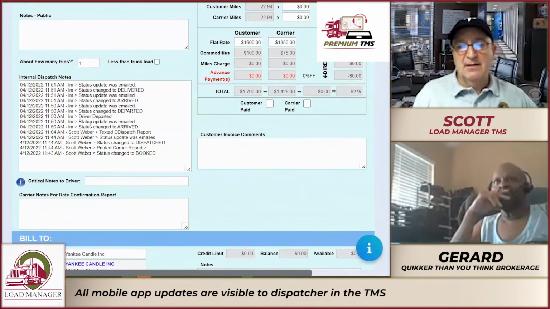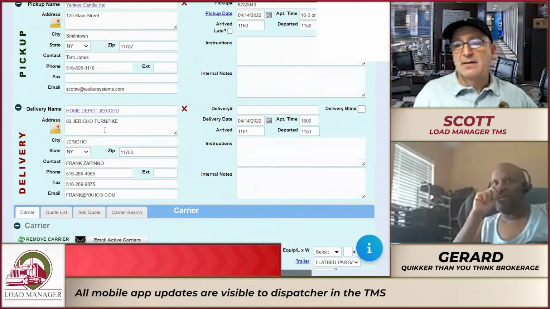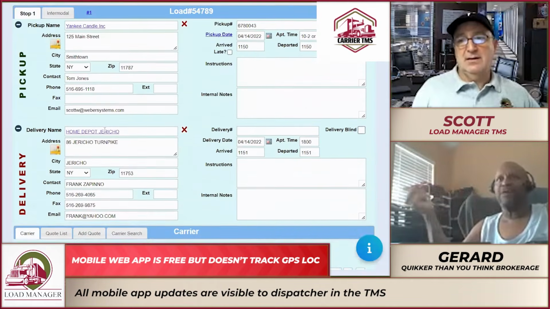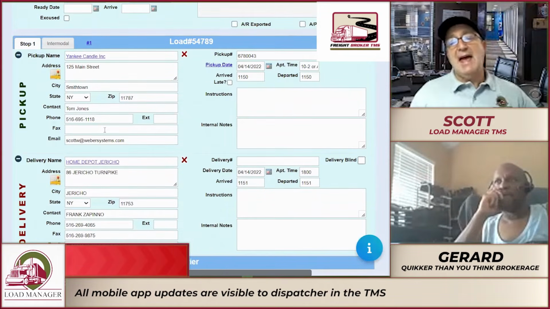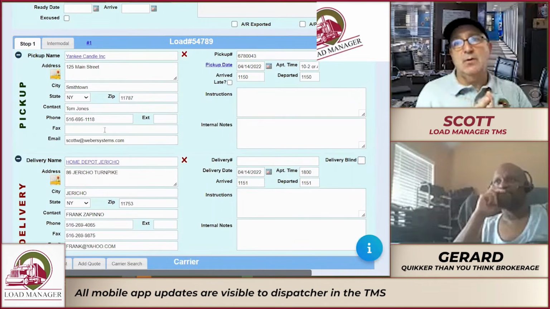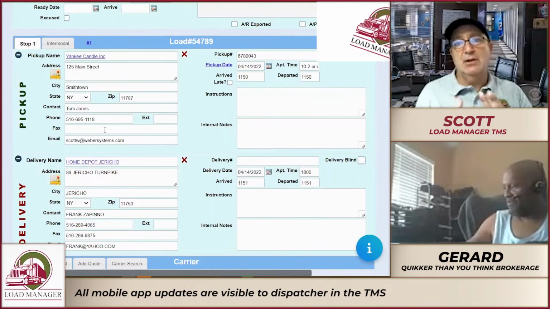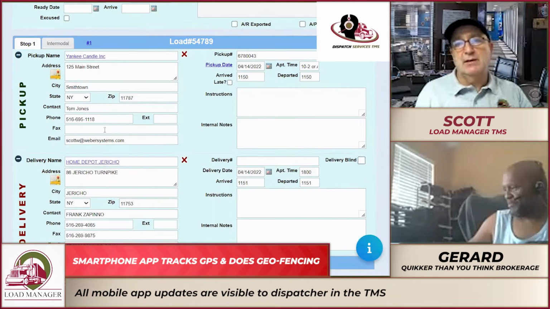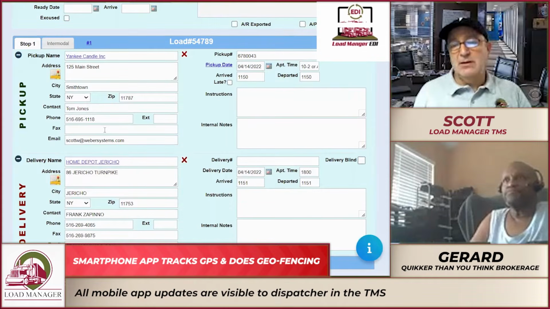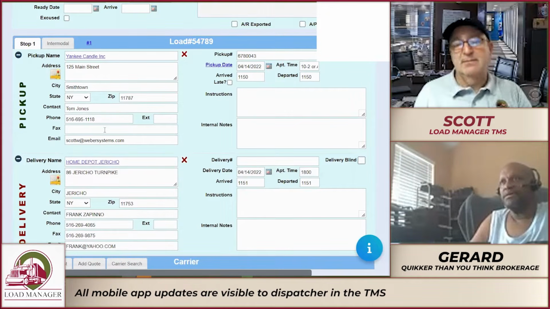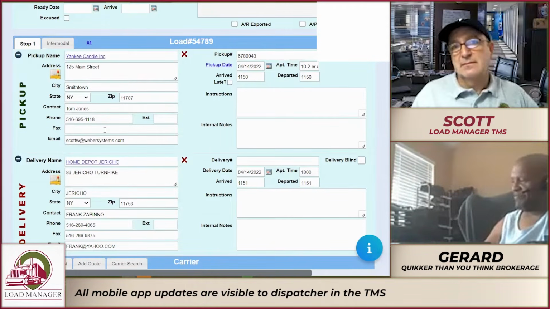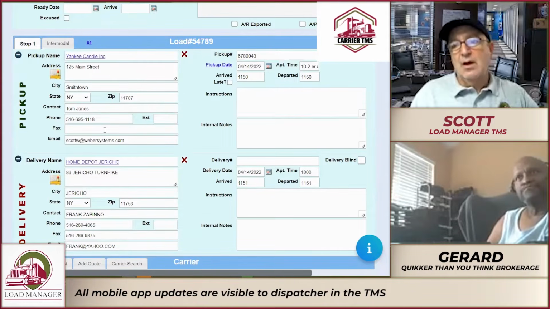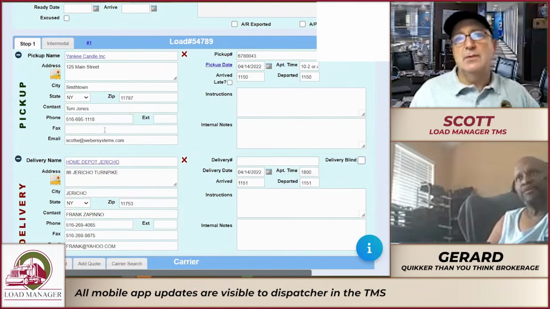Correct. And how much would it be to add that onboard carrier? I like that sign on, because I was going to do it through SignRequest. Right. Well, we have a bundle. We have the carrier onboarding, and we have the carrier lookup. Those two products are $99 each per month, regardless of how many users. A month? Correct. So if I do one right now, what would my fee be a month for my subscription? If you do, it would be